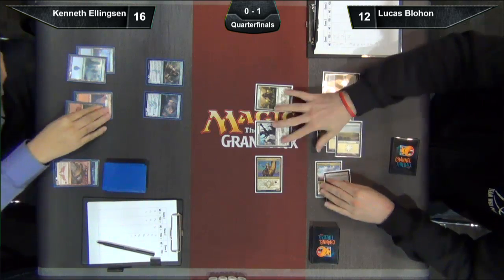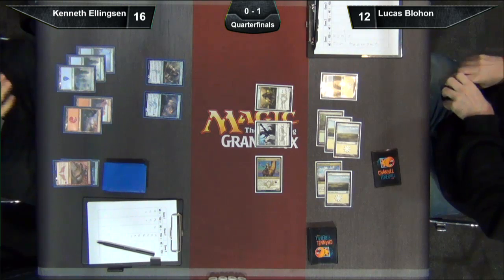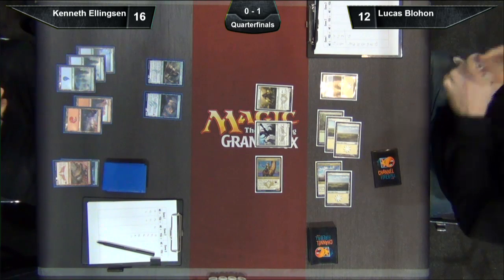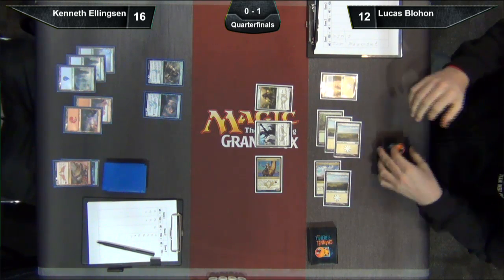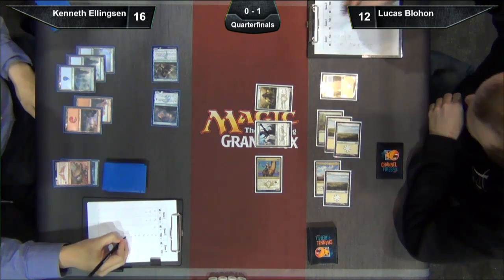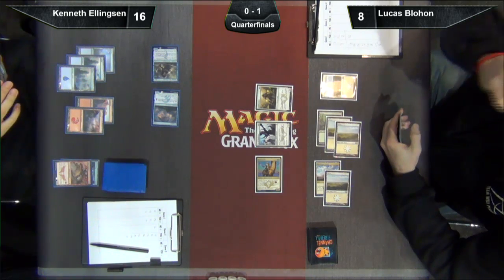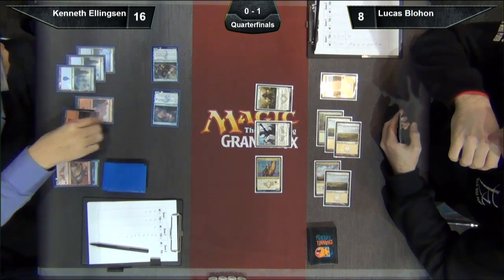So we saw Lucas Blohon flip up that Abzan Guide, putting Kenneth Ellingsen down to 16, himself up to 12. And let's see what Kenneth does here. He can dash out the Heel Cutter and swing for 7, put Lucas down to 5, maybe add a 2-drop to the board. But we know there's a Kill Shot and a Crush in Lucas's hand, so he can definitely do something the following turn. Abzan Guide is such a huge player. The Lifelink. Wow. Kenneth needs to find an answer to that Abzan Guide, even if it's an answer for just 1 or 2 turns, something like a Whisk Away or a Bounce. That could buy him enough time to finish off Lucas Blohon, but if he's going to connect each turn with an Abzan Guide...